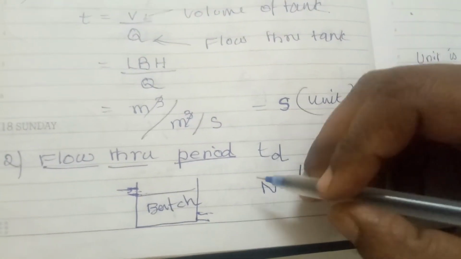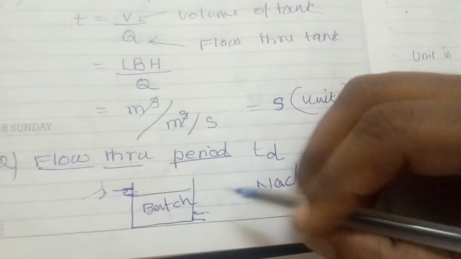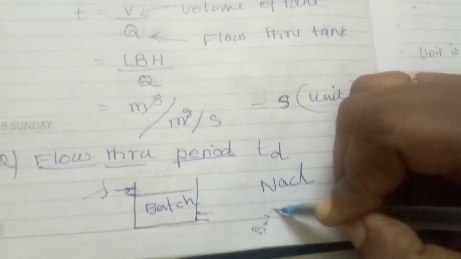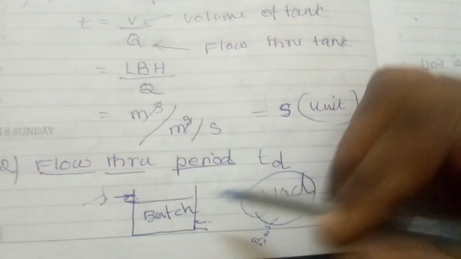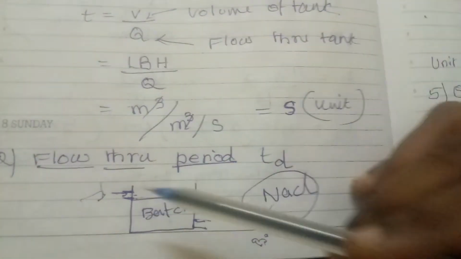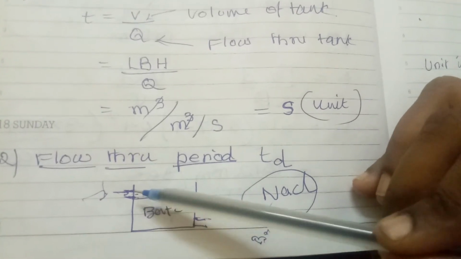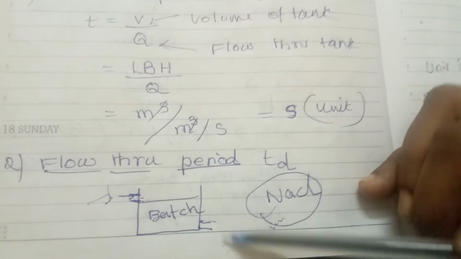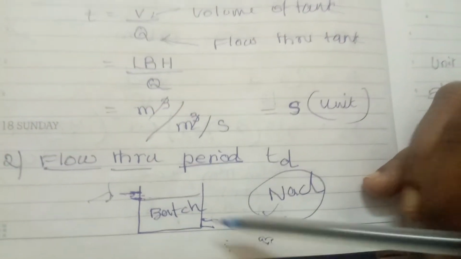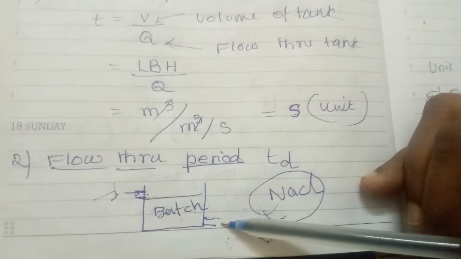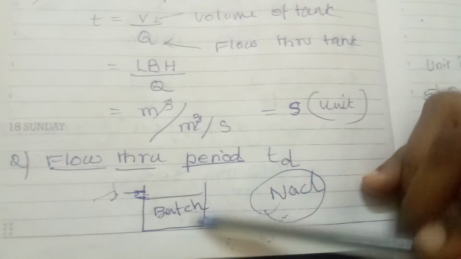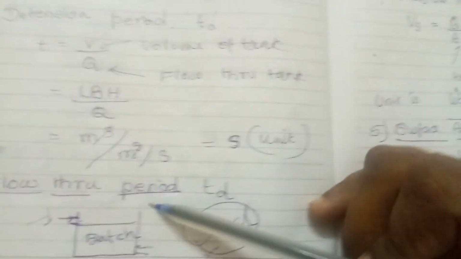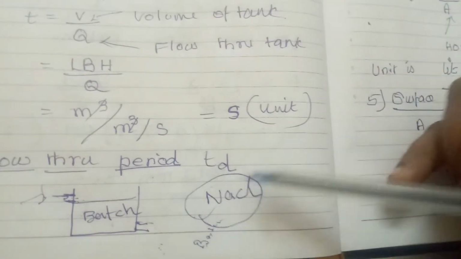So how will they check? Because the water will be flowing continuously, if you want to check whether we have collected batch 1 water or batch 2 water, for that we add sodium chloride solution. Sodium chloride is nothing but ordinary table salt. We add sodium chloride inside, and obviously it will mix with the water. At the outlet we will be periodically checking whether sodium chloride is coming or not. Once we find that, we come to know that the batch of water has been removed. That time is represented by the flow through period. It also has the unit of seconds, hours or days.